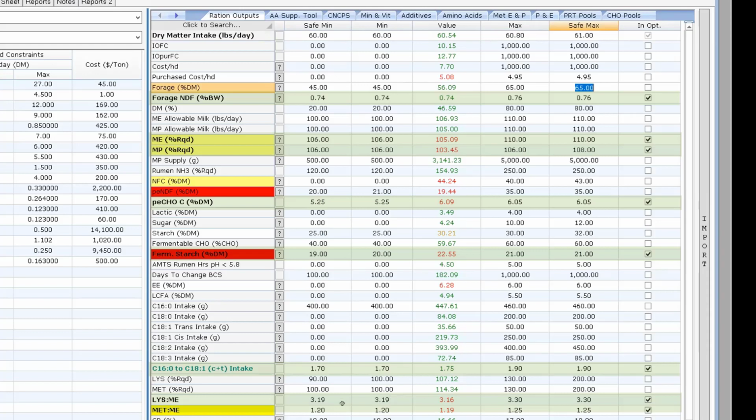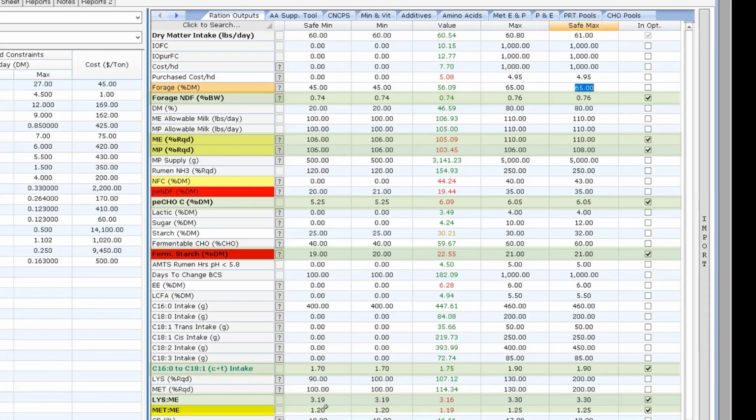I'm also doing full amino acids, keeping my lysine between 3.19 to 3.3 lysine to ME, and my methionine to ME. I'm pushing these cows a little bit more.